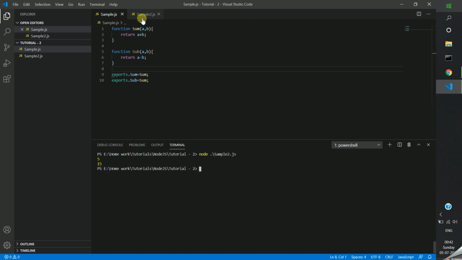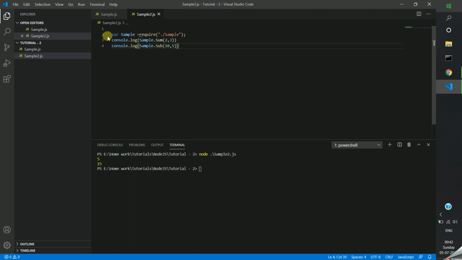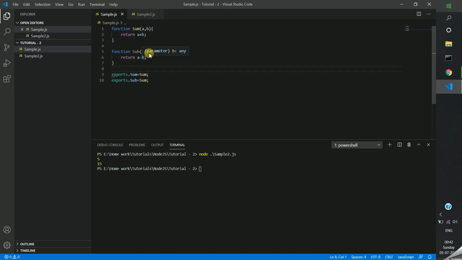Yes, now we are able to access it. But why am I getting 15? A minus, oh, I assigned sum. I hope you noticed this. Okay, now we are getting the expected value.